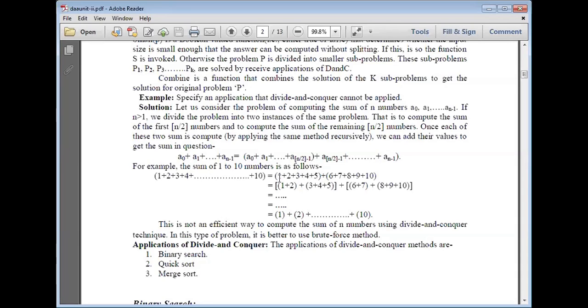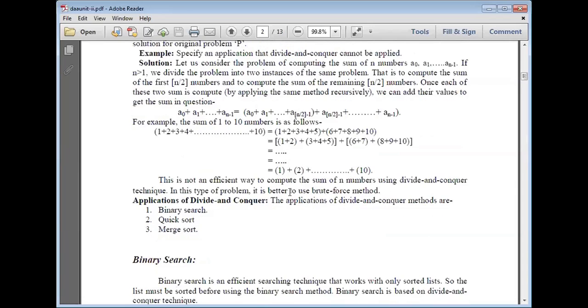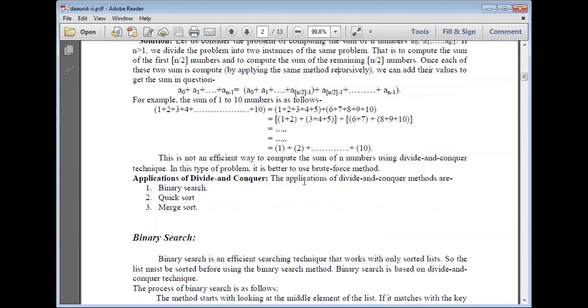Then 1 plus 2, then 3 plus 4 plus 5, that is another subproblem. 6 plus 7, another subproblem. 8 plus 9 plus 10, another subproblem. Finally, we are combining the sums, the solutions of the smaller subproblems.